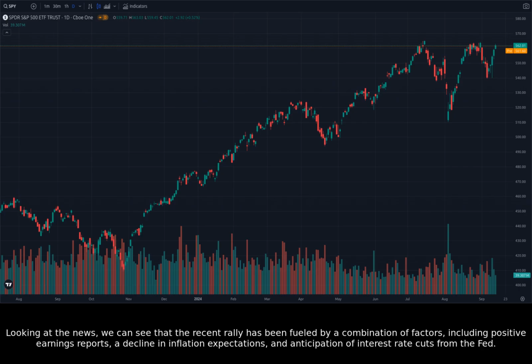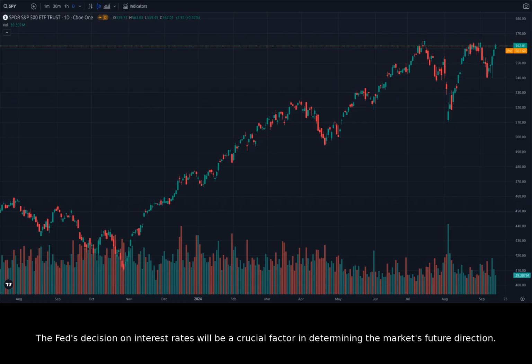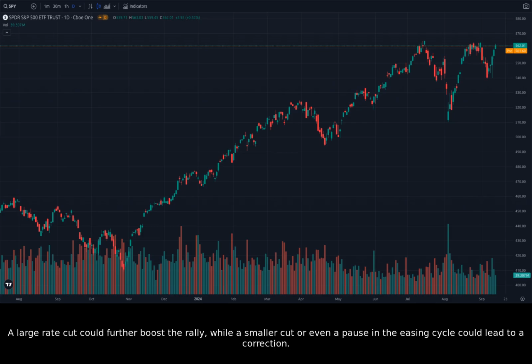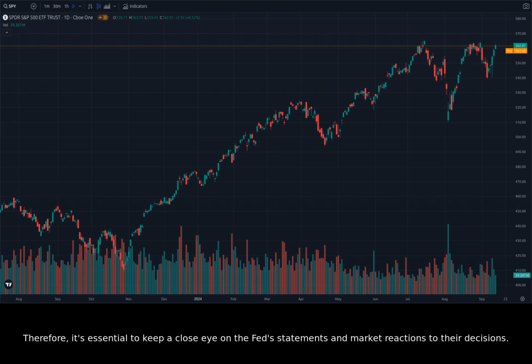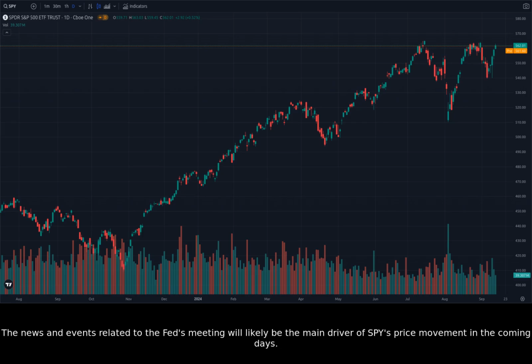Looking at the news, we can see that the recent rally has been fueled by a combination of factors, including positive earnings reports, a decline in inflation expectations, and anticipation of interest rate cuts from the Fed. The Fed's decision on interest rates will be a crucial factor in determining the market's future direction. A large rate cut could further boost the rally, while a smaller cut or even a pause in the easing cycle could lead to a correction. Therefore, it's essential to keep a close eye on the Fed's statements and market reactions to their decisions. The news and events related to the Fed's meeting will likely be the main driver of SPY's price movement in